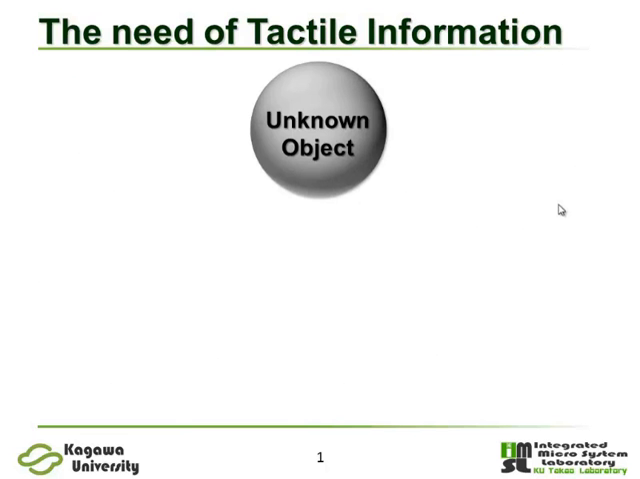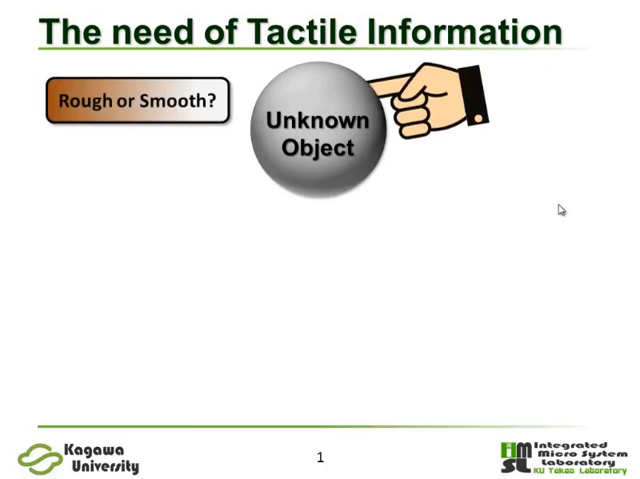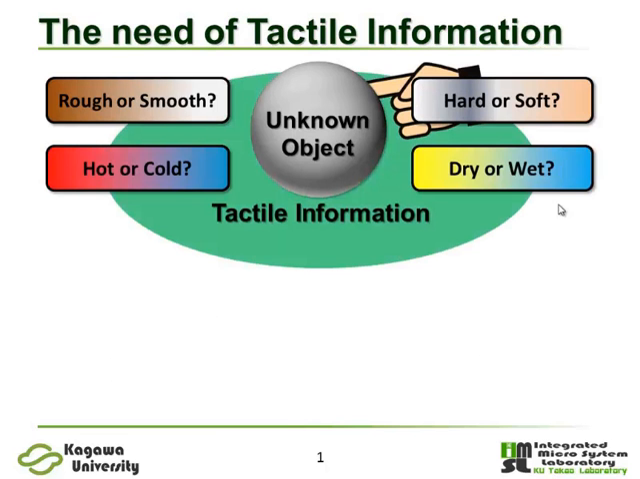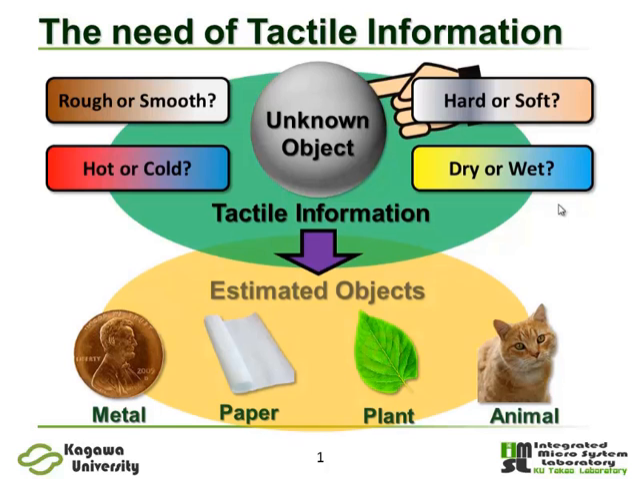When a human touches an unknown object, he can get tactile information from his fingertip. He thinks where the object is, rough or smooth, hard or soft, hot or cold, and dry or wet. Based on the comprehensive evaluation of this tactile information, the human finally finds out the object materials such as metal, paper, plant, or animal. If a tactile sensor device can get this tactile information, we can distinguish the difference of